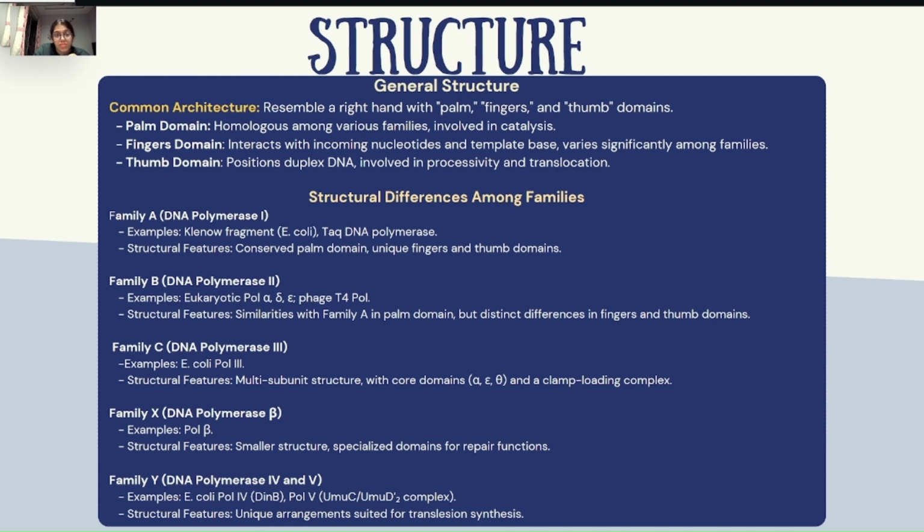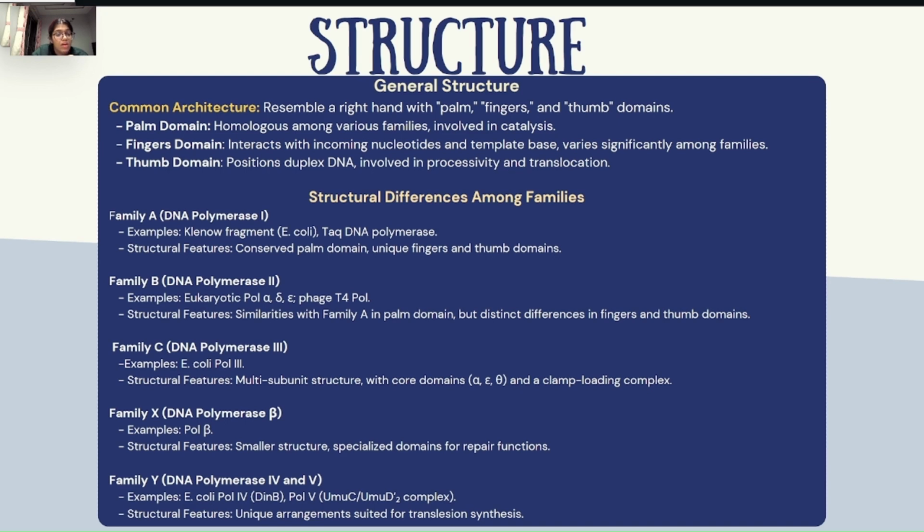It has a conserved palm domain, but it has unique finger and thumb domains. Whereas family B, which is mainly present in the eukaryotic polymerases, has a similar palm domain to that of family A, but unique thumb and